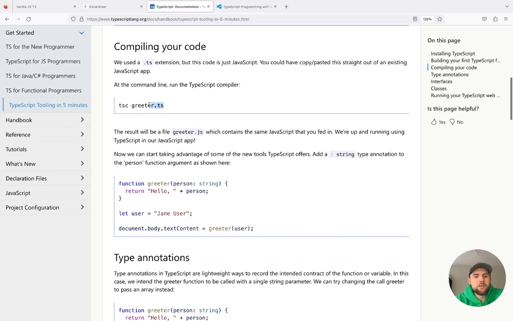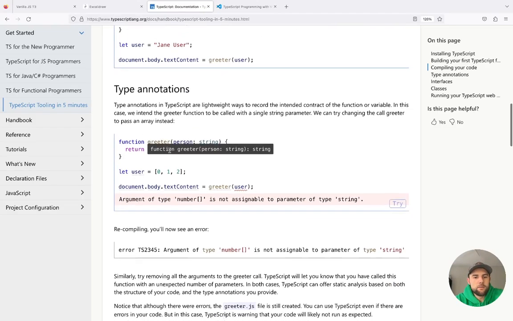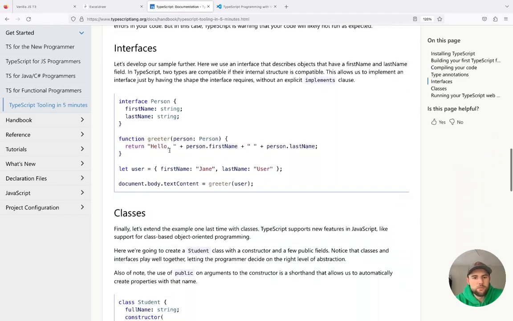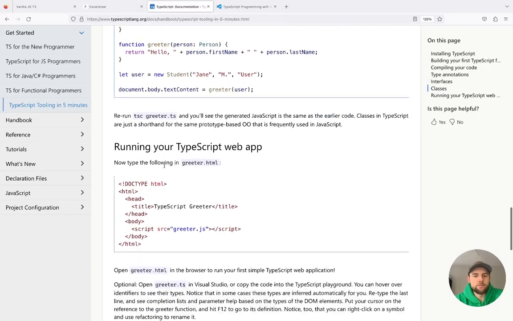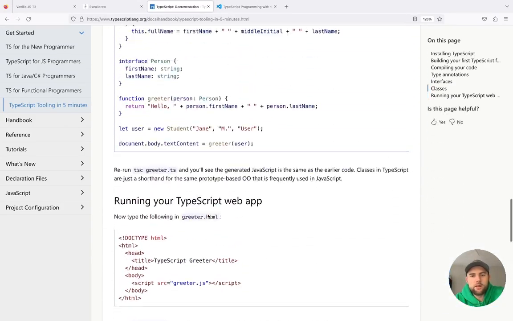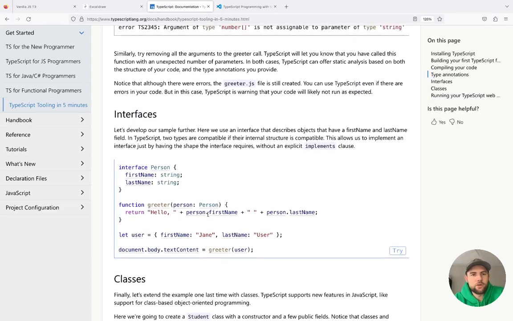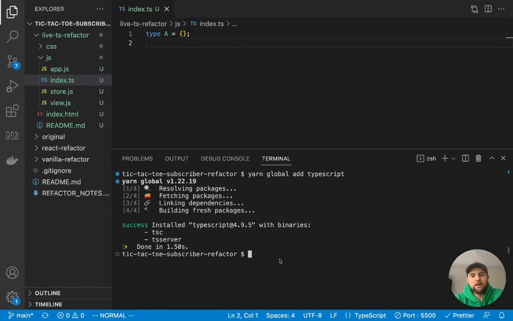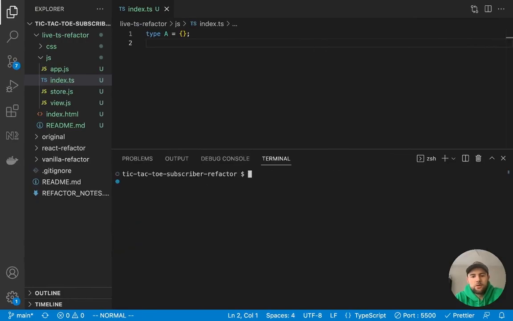And then it's saying you can compile it by passing the file name to the TypeScript compiler. And then I think it just goes through some basic introduction to TypeScript, which this tutorial is not going to necessarily be. It's more of a why would I need TypeScript and what does it solve for me? So it'll be a light introduction, but we're not going to really get into the meat of TypeScript. So let's go back and clear the terminal here.